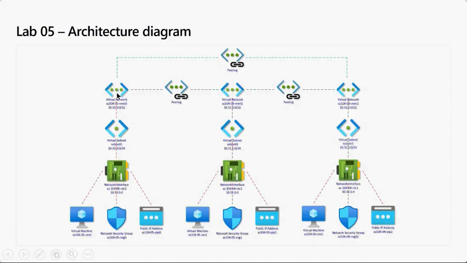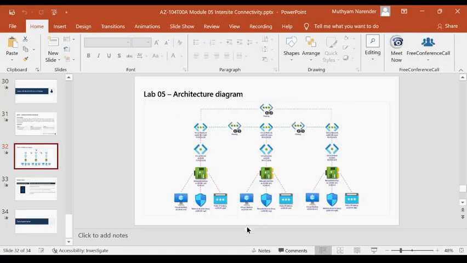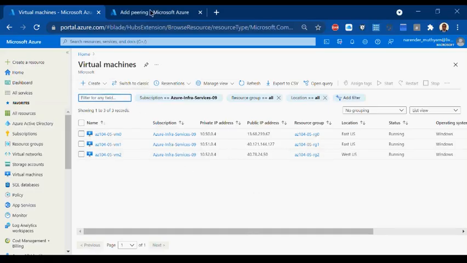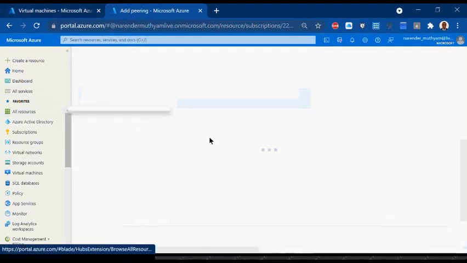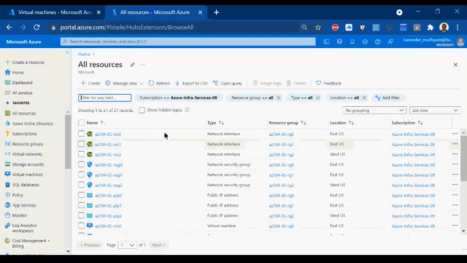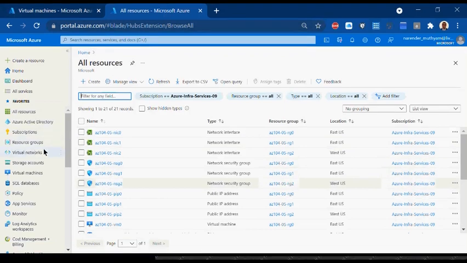Means this network should be able to see this network. This network should be able to see this network. That's called discovery. And for that purpose, I just have to wait. So earlier it used to be immediate, and these days Microsoft, I don't know why, they are taking a little bit of time. So I have to wait for them to show up. Nothing much I can do, right?